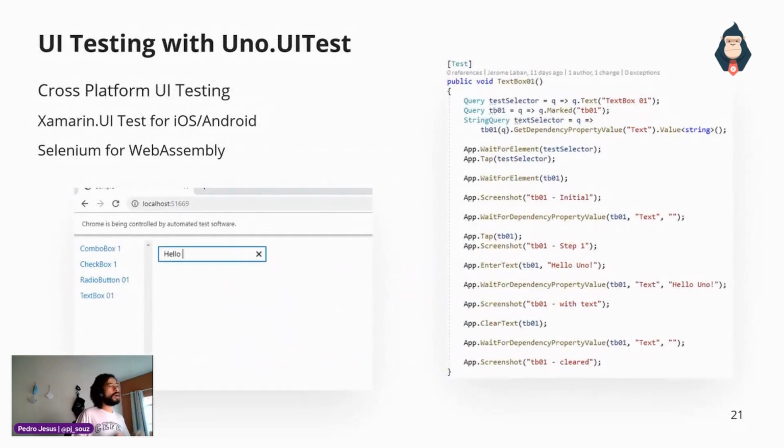So here about the testing, because testing is very important. You can have UI testing, and for the mobile targets we use the Xamarin UI Tests, and for WebAssembly we use Selenium. But everything is abstracted, so you don't need to write two codes, one for Xamarin UI Test and another for Selenium. You just have the same abstraction API for both,